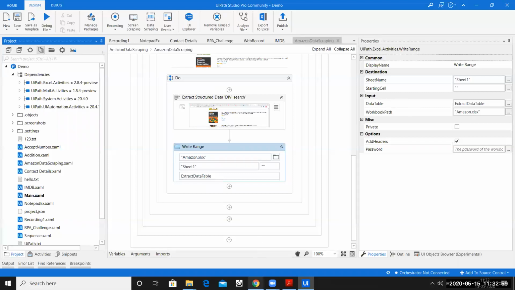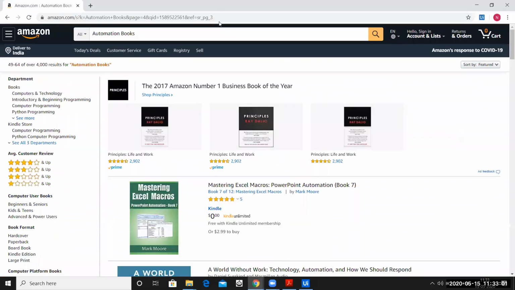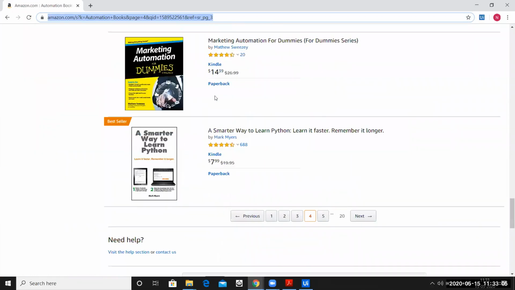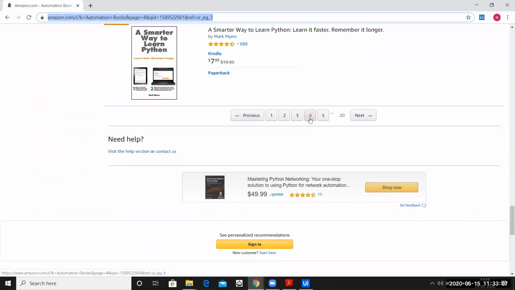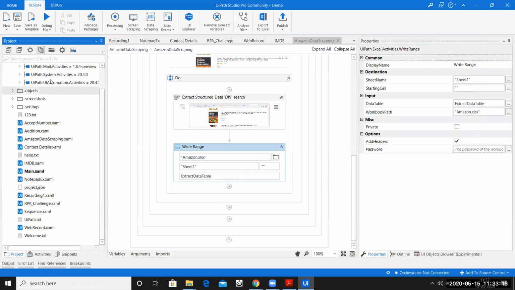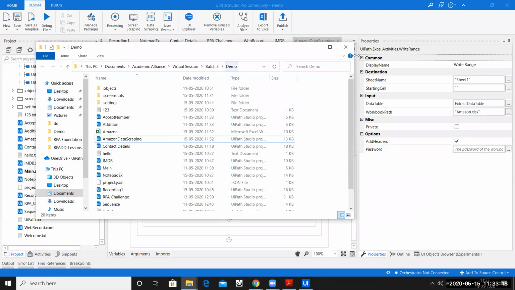So we saw the automation is working perfectly fine in Google Chrome. And you can see it has stopped scraping the data on the fourth page. So that means from page 1 till page 4, he has encountered 50 records. Let us go ahead and see in the Excel sheet whether we have all the 50 records or not.